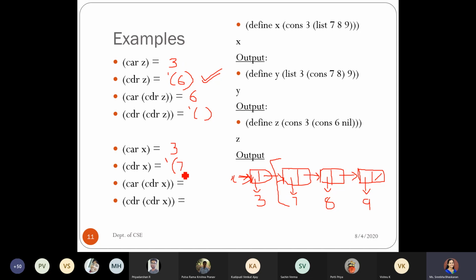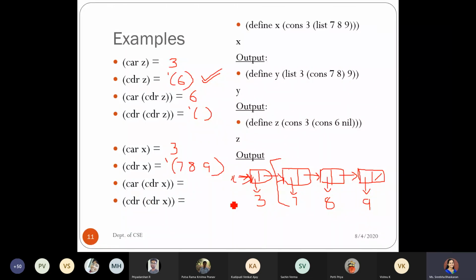So it will be 7 space 8 space 9 and nil. So since you have a nil, there is no dot in between. So it will be list of 7, 8, 9. So from here, the remaining part of your contents, what are they? Which is 7, 8 and 9, which ends with a nil. So your output will be nothing but list of 7, 8, 9.